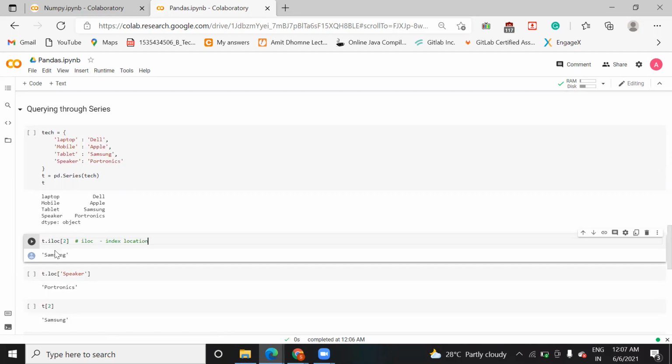This iloc is used to find what value is present at index 2. Let me run this.